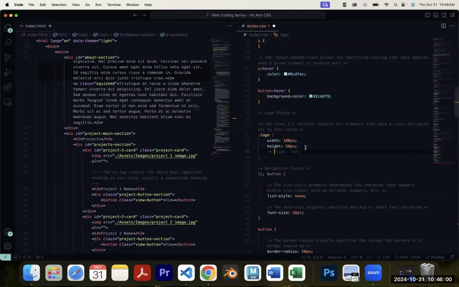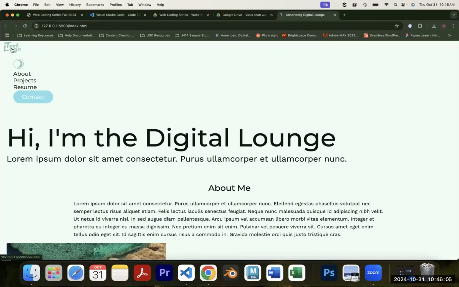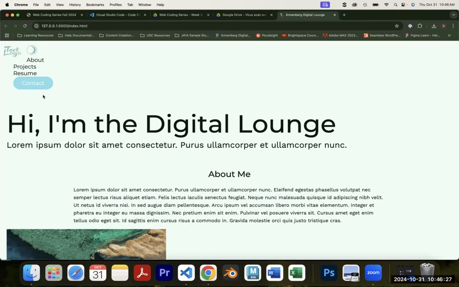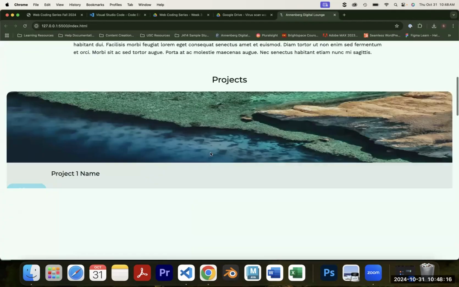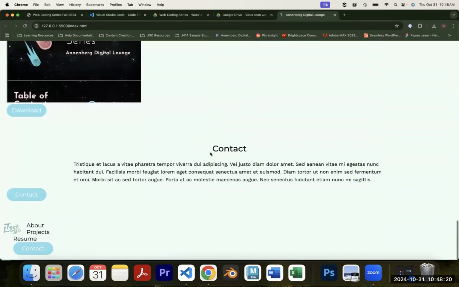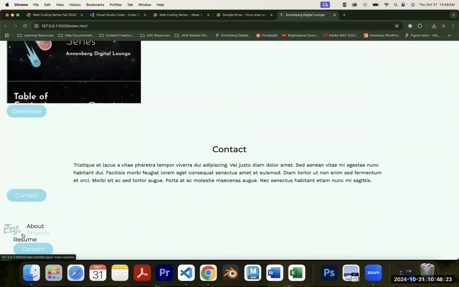If I just quickly comment this out, it's now this logo. There's this blank space and my list is now here because that's just how it's structured in our HTML. But with that float, it makes it so that they can be side by side like that. Cool. So now we are back to our pretty normal setup right here. And we can see that it did apply down here as well because we have that class, that logo class